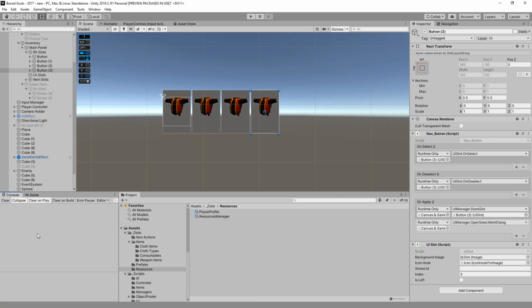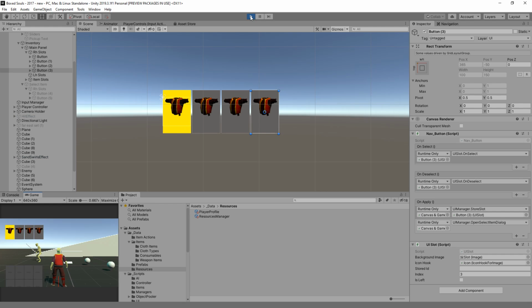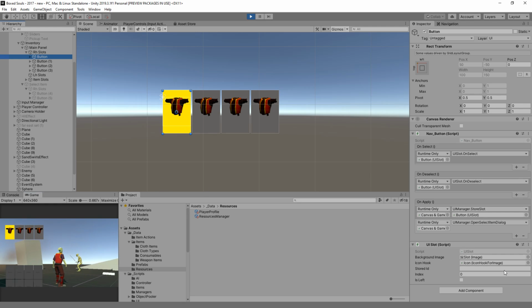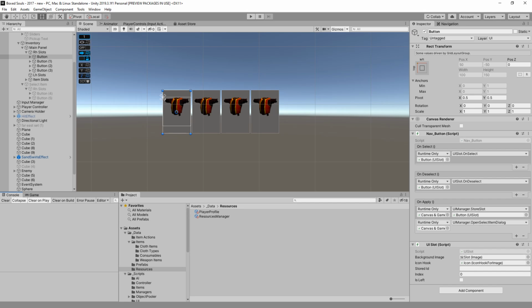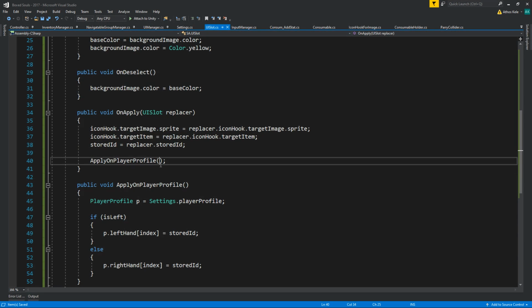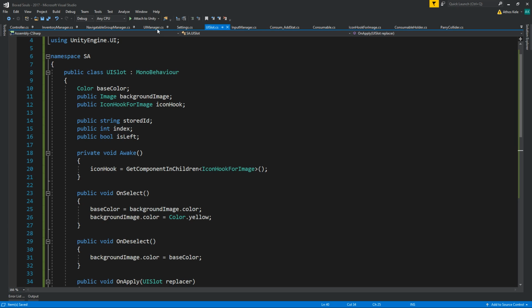Okay, let's give this a shot, although there's not much to test because we're not really changing anything. All we can do is keep an eye on the stored ID, select that, select the first one, and we can see that it's updated to the Firecaster. So let's do the dirty thing now and say that for your UI manager,